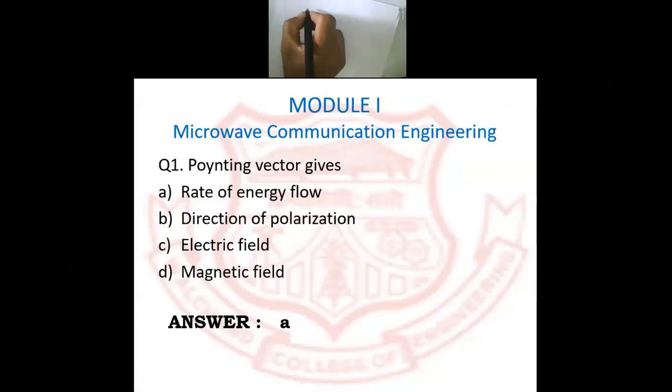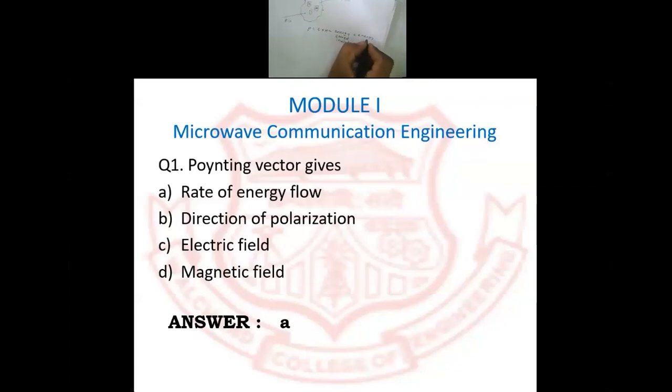Now just see here. We say power in, and we say power out. Power in and power out depend upon whatever energy is stored in the electric field, energy stored in the magnetic field, and again there is a loss. So your P is equal to what? P is equal to E cross H, and E cross H depends on the energy stored in the electric field plus the energy stored in the magnetic field.